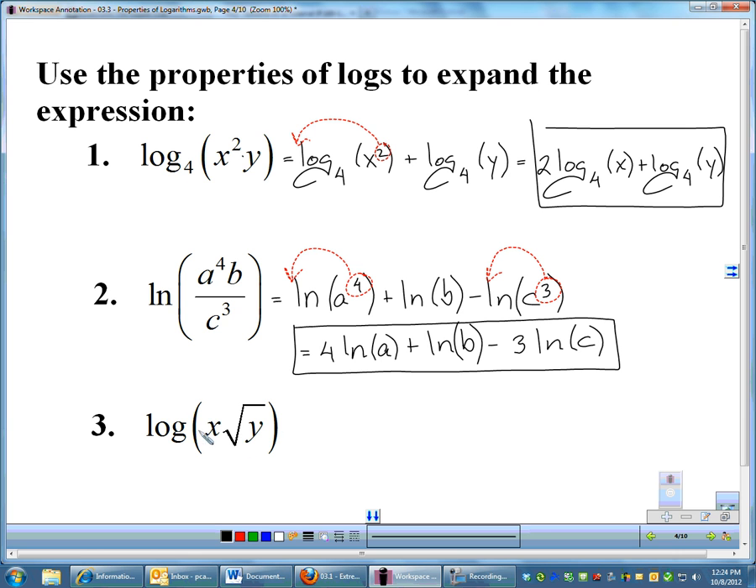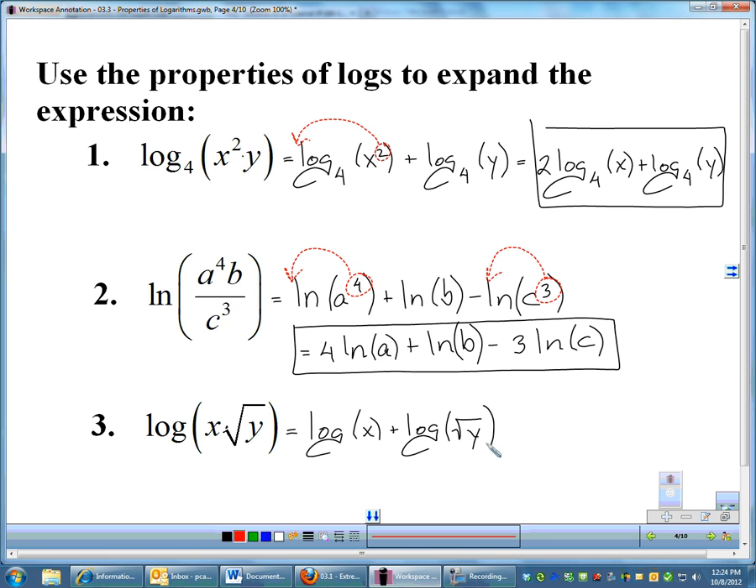Let's look at number 3 here. Log of x times y. Well, that's multiplication, so I will split that with, it's not a natural log, so I'll split that with addition. So that's log of x plus log of the square root of y. And that may look like we're done, but